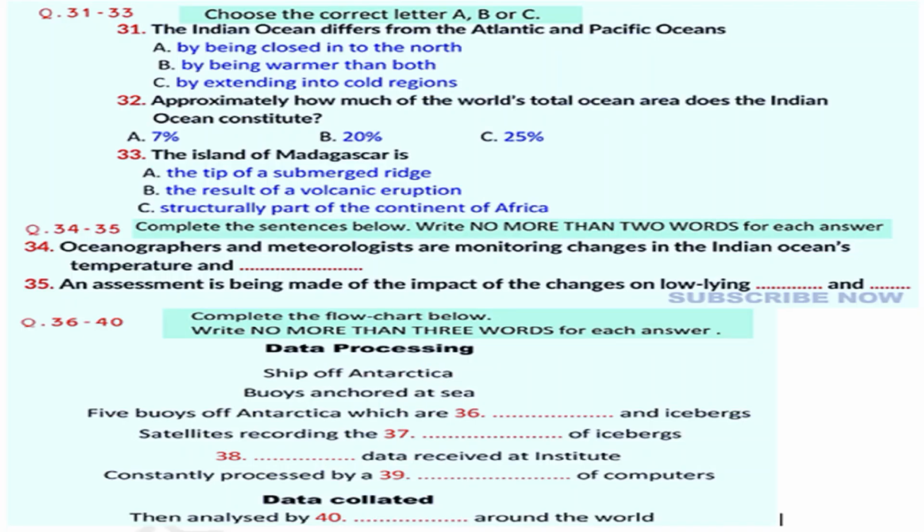Section 4. You will hear a talk on research in the Indian Ocean. First, you have some time to look at questions 31 to 40.